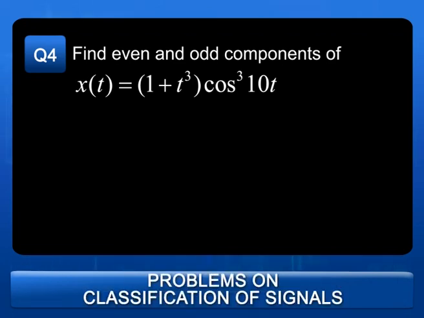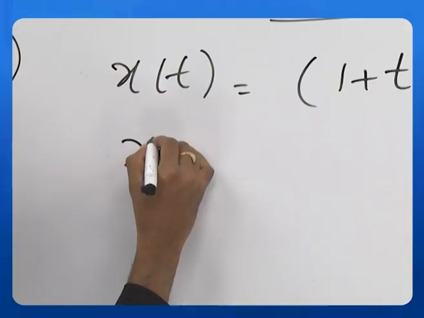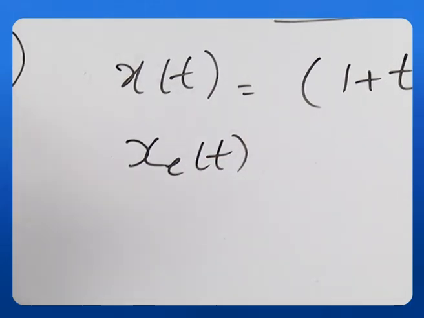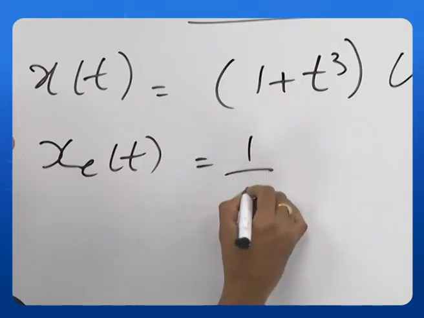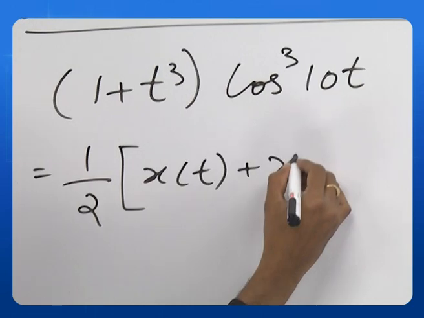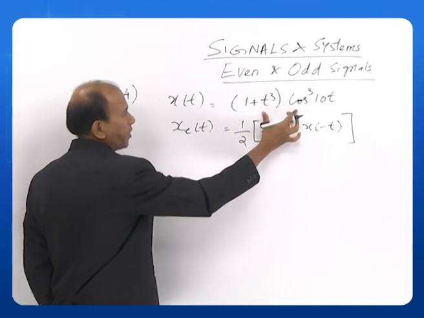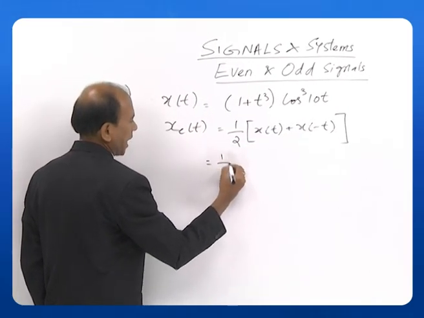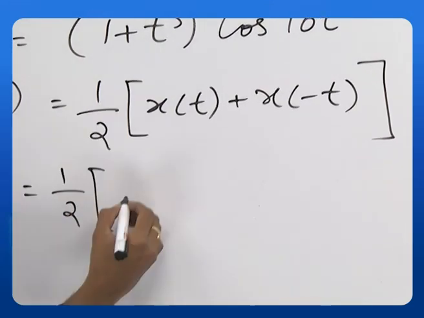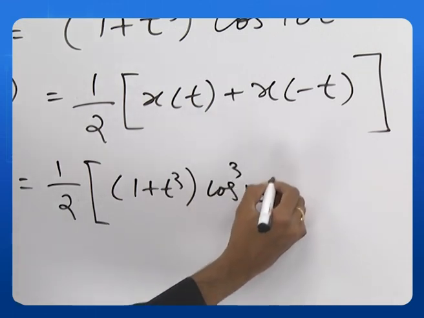So, let us solve this fourth problem. x of t is equal to 1 plus t cube cos cube of 10t. Okay. Again we will calculate the even component of this, for which we will write the formula. What is that? Half of x of t plus x of minus t. Now, x of t means we have to repeat this as it is here. So, that will become half of 1 plus t cube cos cube of 10t